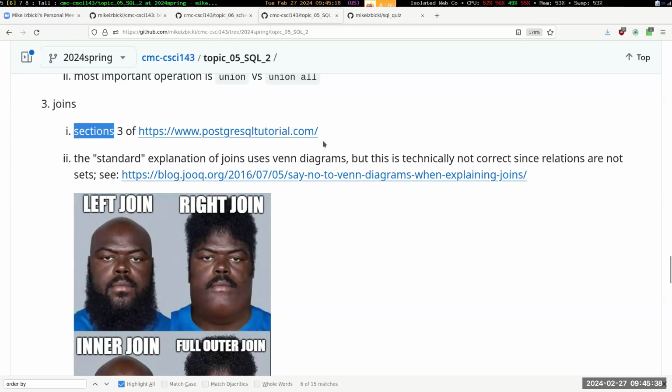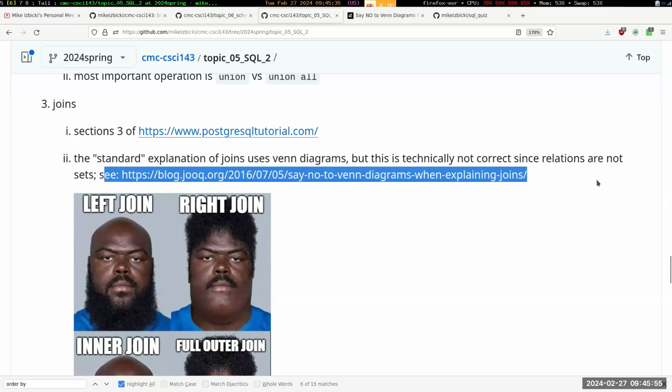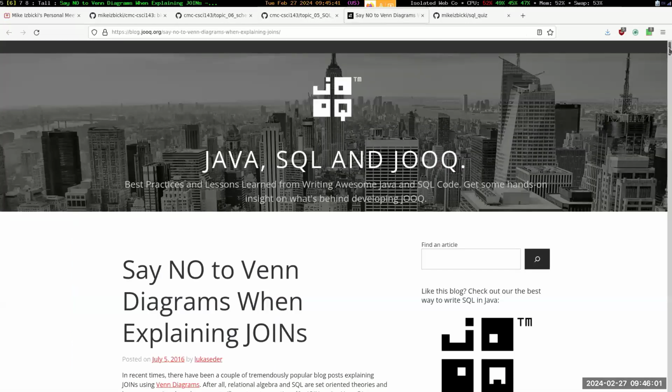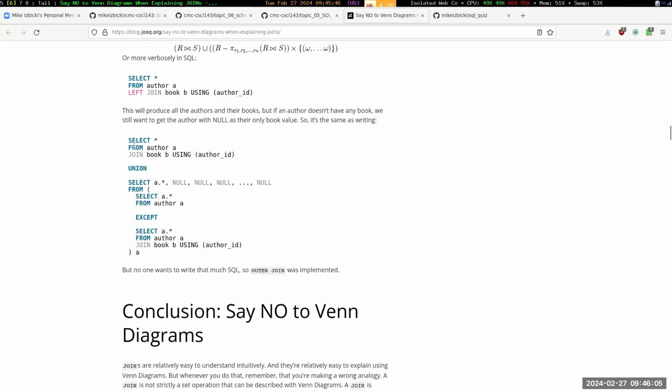So again, section 3 of the postgrestutorial.com has a good intuitive explanation about what all the different types of joins are. And this link right here has a more technically correct explanation about what the different types of joins are. And I'm just going to quickly scroll to the bottom of this link, and you would see something like this